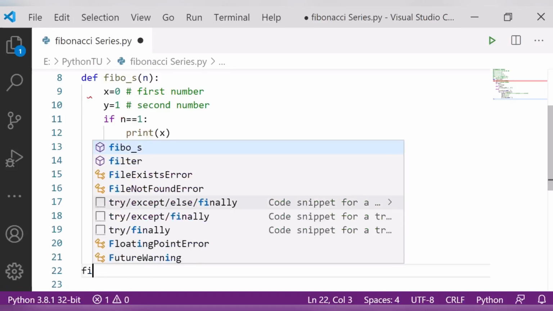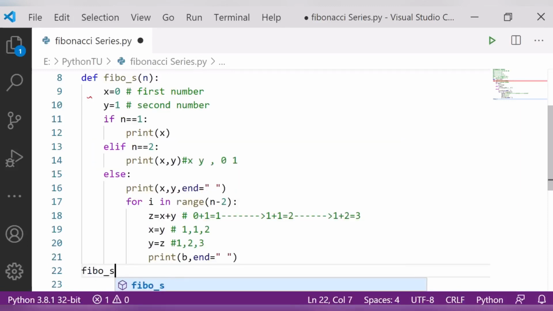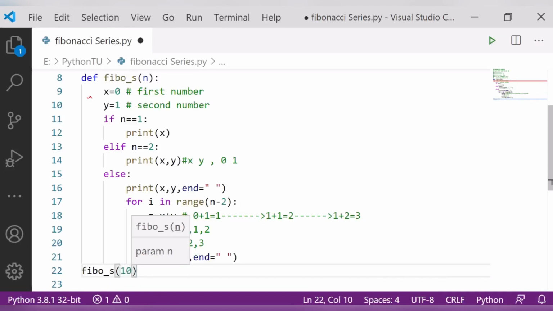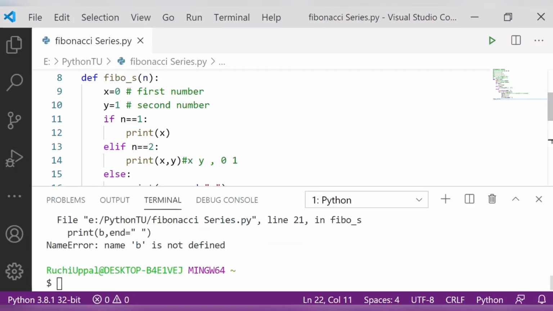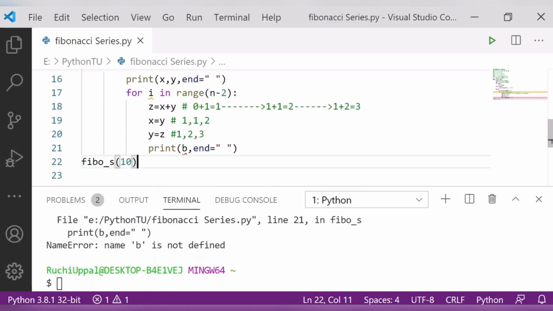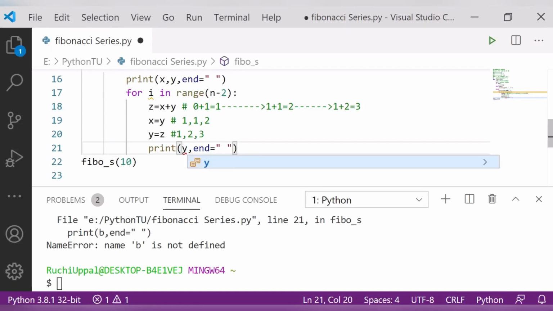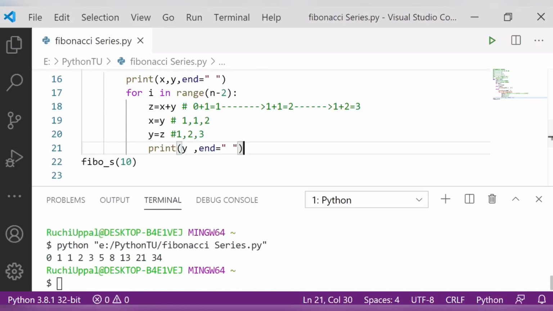Fibo_s. Here, just suppose I am writing 10, I want this many values. So if I run this, let's see. Okay, it is saying b is not defined. Where is b? Oh my goodness, why? Okay, fine, anything.